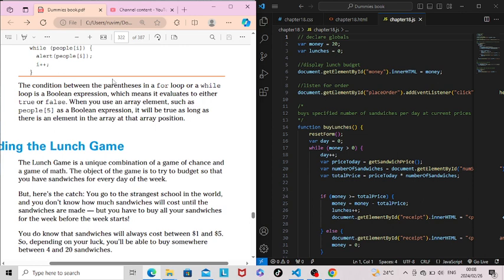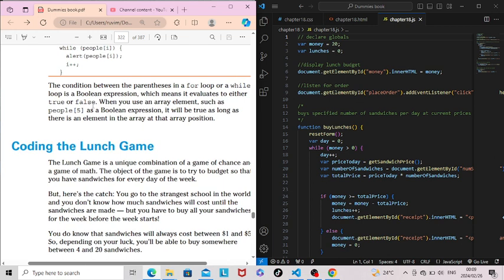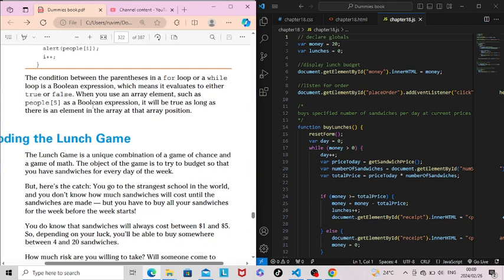The condition between the parentheses in a for loop or while loop is a Boolean expression, which means it evaluates to either true or false. When you use an array element such as people,